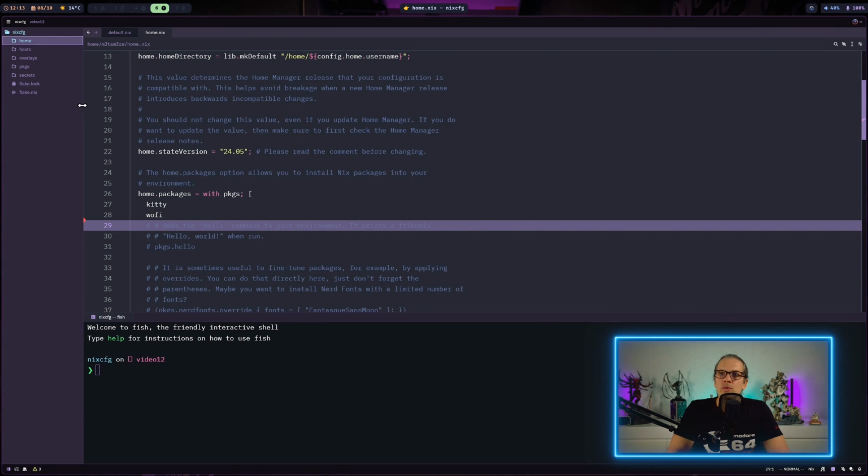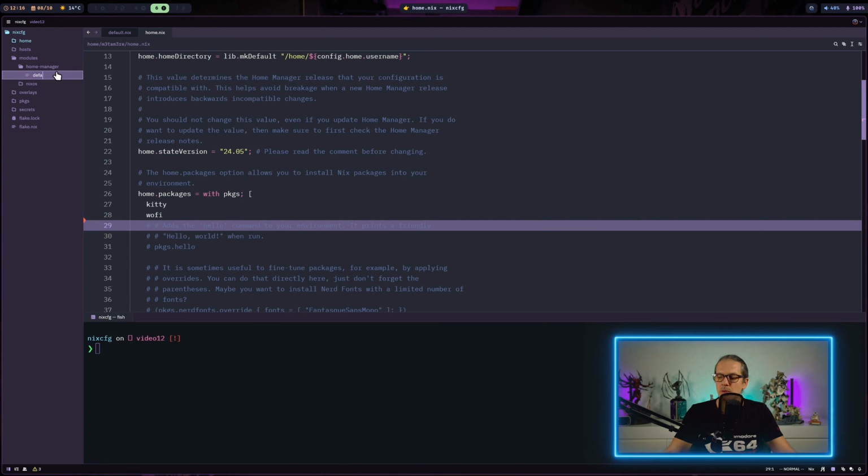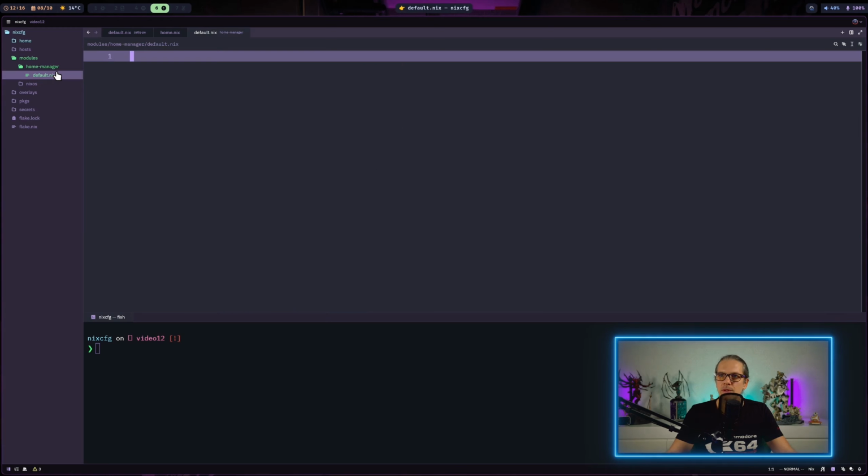And in order to have a dedicated place for our own home manager NixOS modules, I will customize our folder structure a little bit. So on our main folder, I will just create a new folder and name this one modules. And under the modules folder, I will also create two other dedicated folders. So one will be home manager and the other one will be NixOS. In our home manager folder, I will start with creating a default.nix file. And then I will also create a file for the home manager module for our Zellij project switcher.